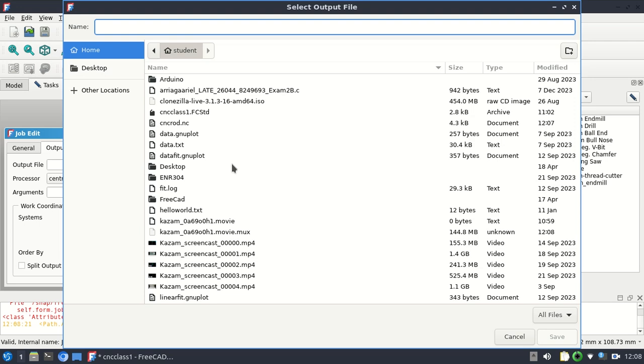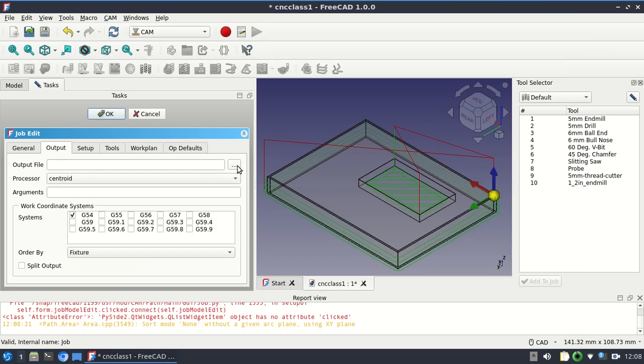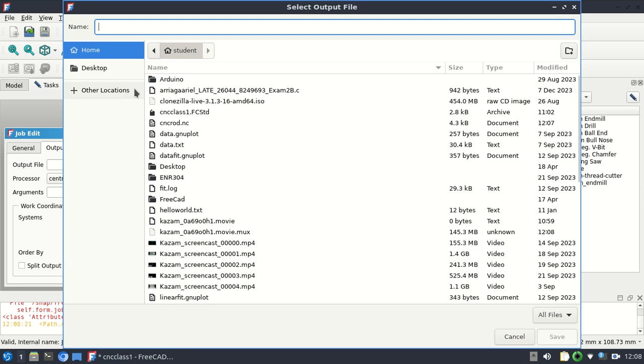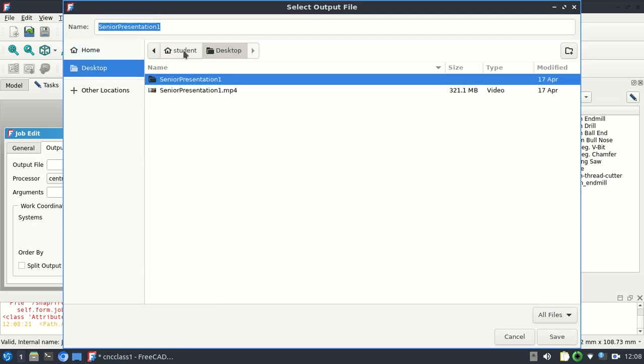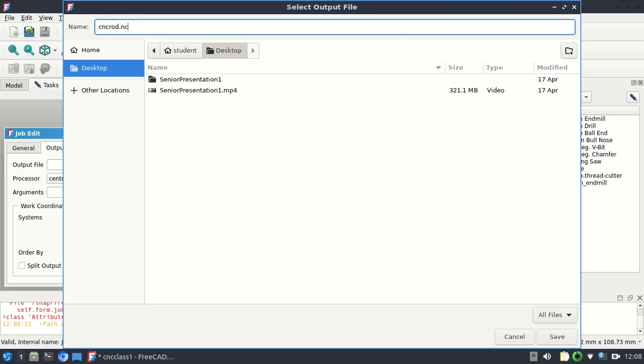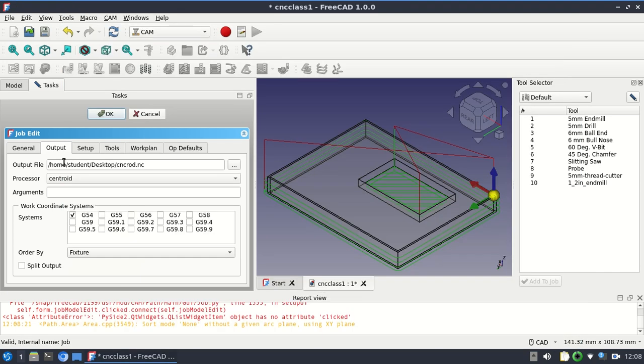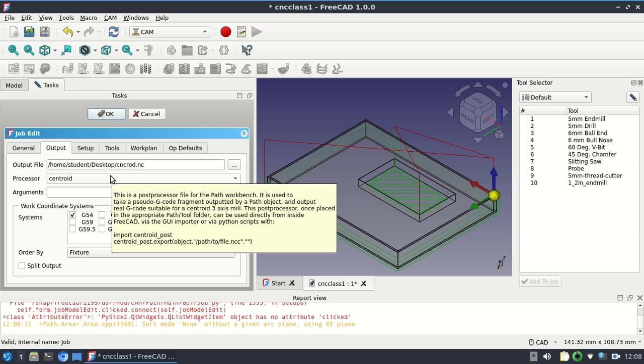Click on those three dots on the side. That was my mistake. See these three dots here? You click on that one, and then I can go into my desktop and create the CNC raw.nc. Then it's going to populate the whole output file path. If you just put the name without the rest, it says you can't write in the root, because now you're trying to write right on the root. So you click there on the three dots, and then